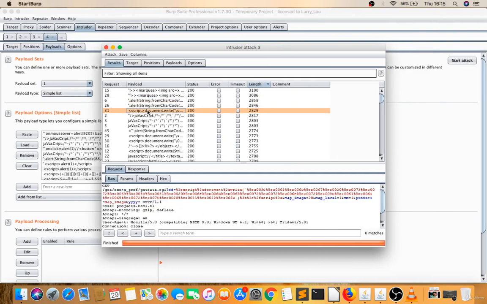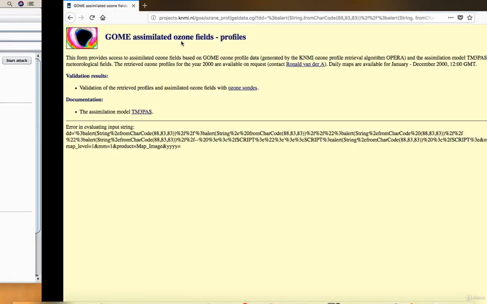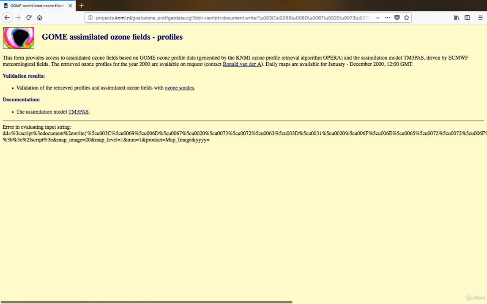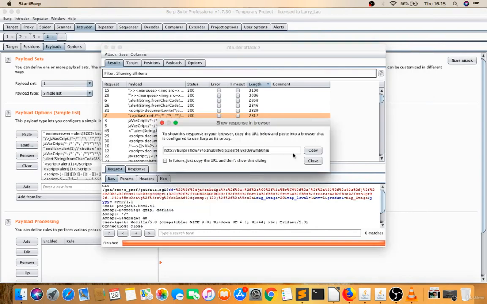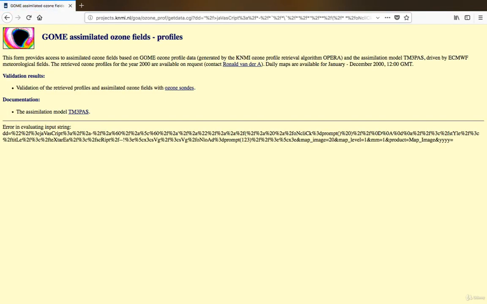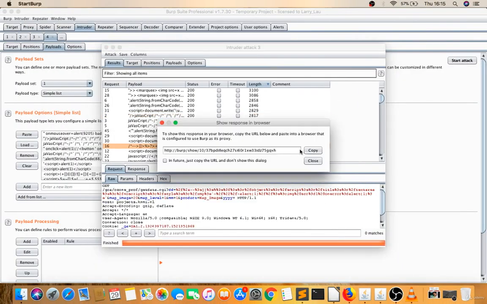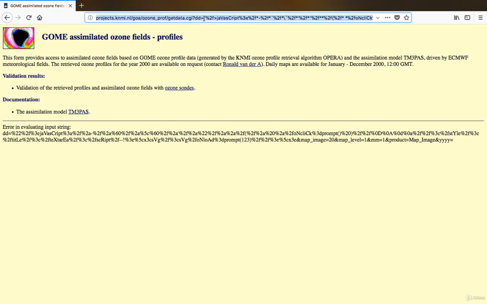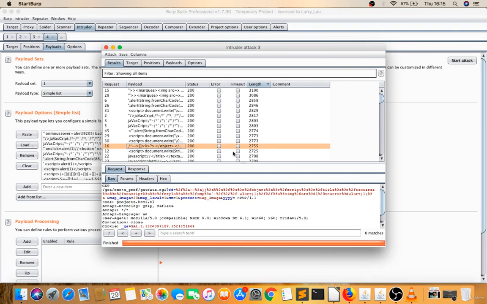Let's try this now. Right click, show response in browser. Okay, let's try this. Right click, show response in browser. Okay, let's try this one. Right click, show response in browser. Okay, so not executed, no problem.